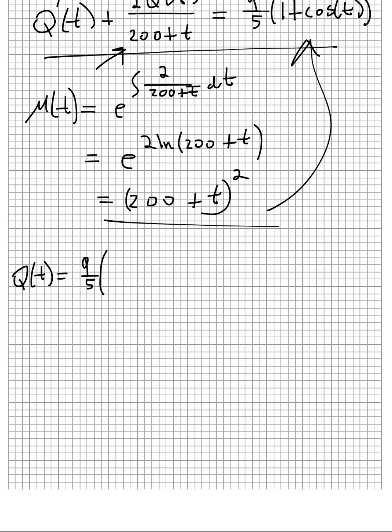And what comes out of all that is 9/5 times 1/3 times 200 plus t, all right, plus sine of t, all right, and then this is going to be added to 2 times the cosine of t, all divided by 200 plus t,